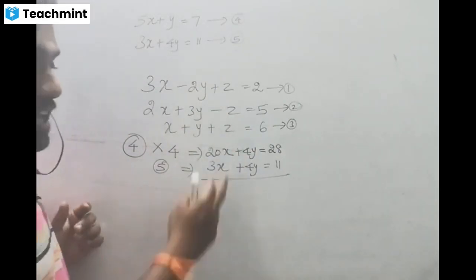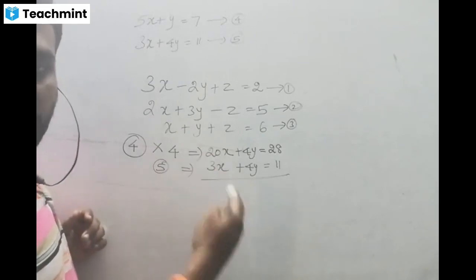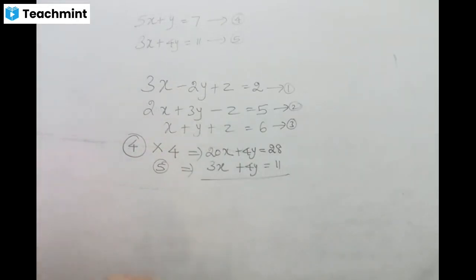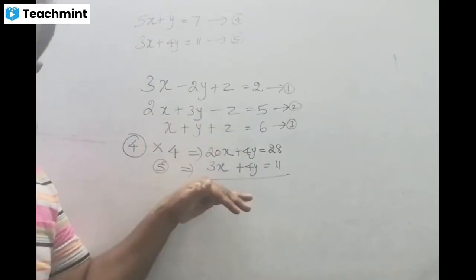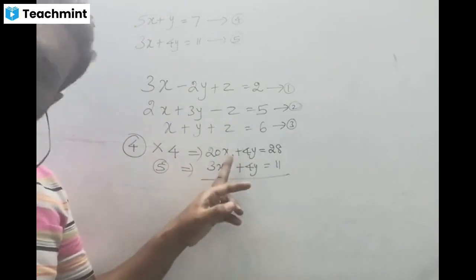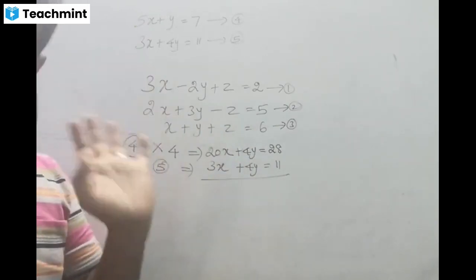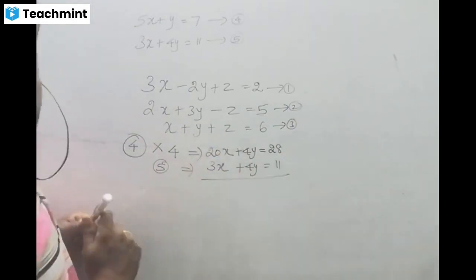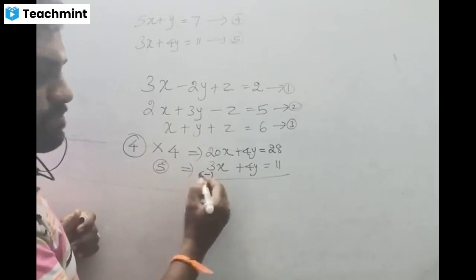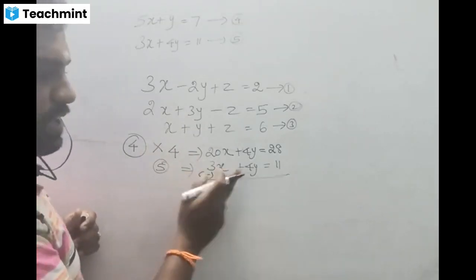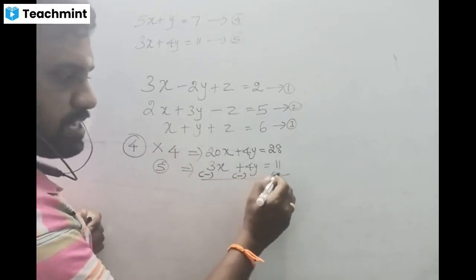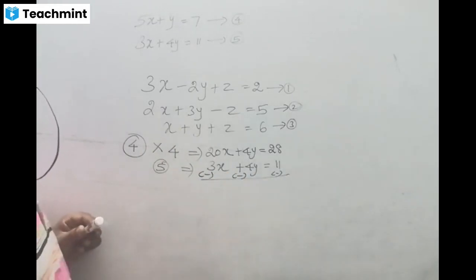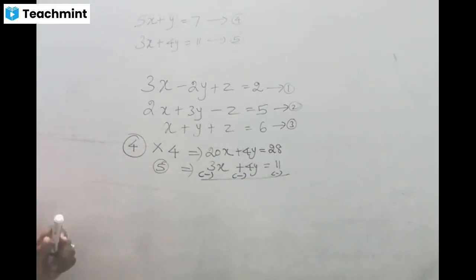Already I told you one point, right? If we have the same sign of the particular variable which is going to be eliminated, then we have to subtract the second equation from the first one. If it is alternate, then we have to add the equations. If both are plus or both are minus, both are considered the same sign. If it is the same sign, then we have to subtract the second equation from the first equation. Then what do we do? Just change the sign. If it is plus, then it will be minus. If it is minus, then it will be plus. Just change the sign. Subtraction means we have to change the sign of each element.